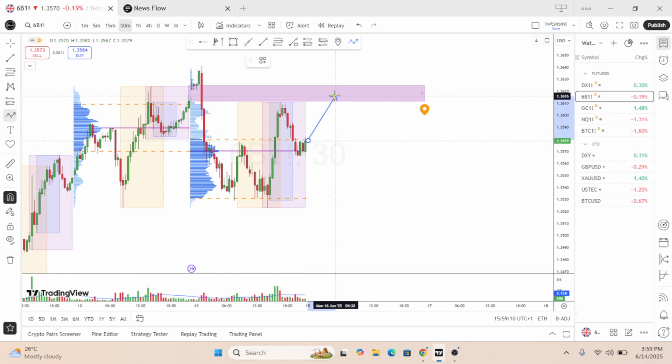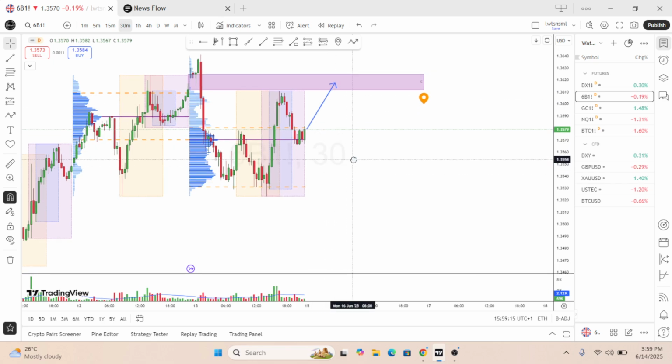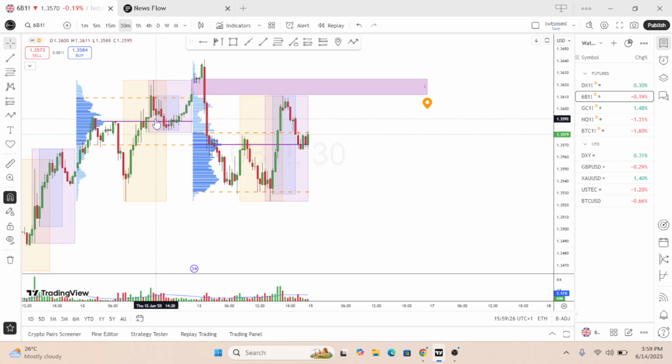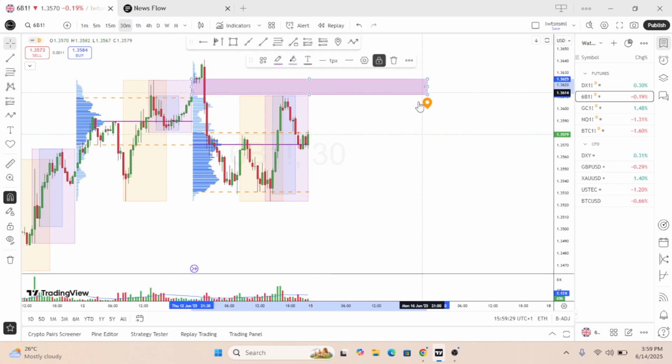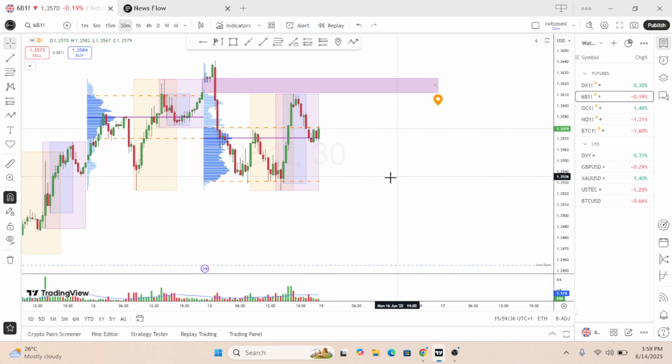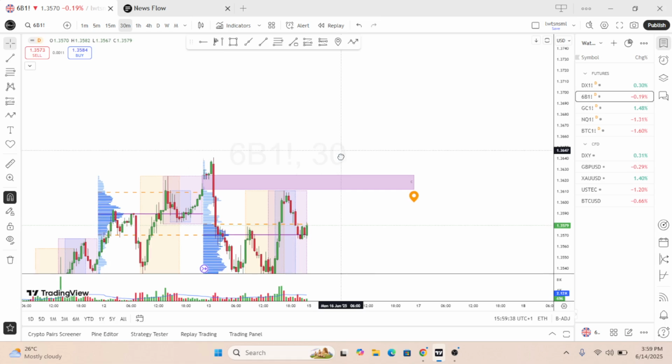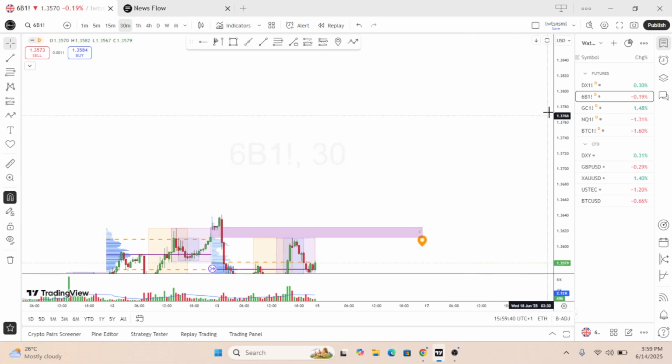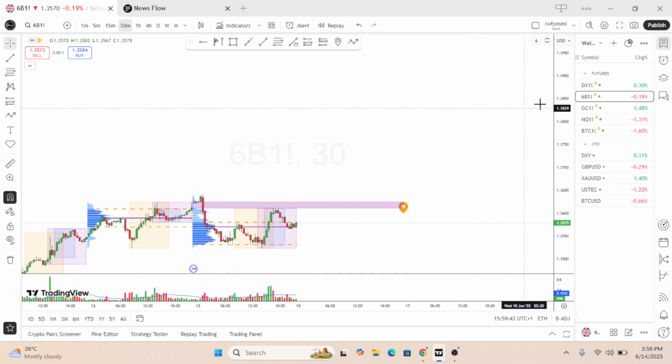and push above this contract opening gap here, because there was a new contract on the pound futures on Friday. I even thought we'd push into this gap on Friday to reject from. I wanted to take a scalp short here, but we didn't get that. So I'll be looking at this contract opening gap on the 6B1 column, which is the pound futures, on Monday. But generally, I believe if we go over this, we could have a much bigger trade upward, even into